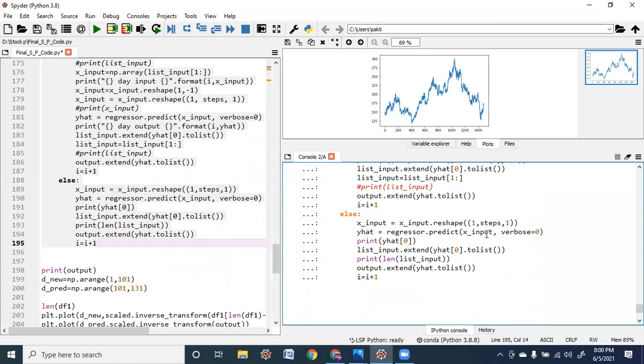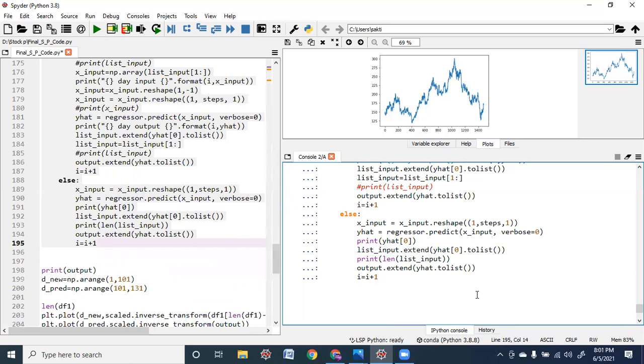So it will just reshape now, after which it will predict for that record. We are finding out the y of 0. This will be added to the list underscore input that we have created now, and also it will be added to the output, the empty list that we have created. Now the iteration becomes 1, i equals i plus 1.